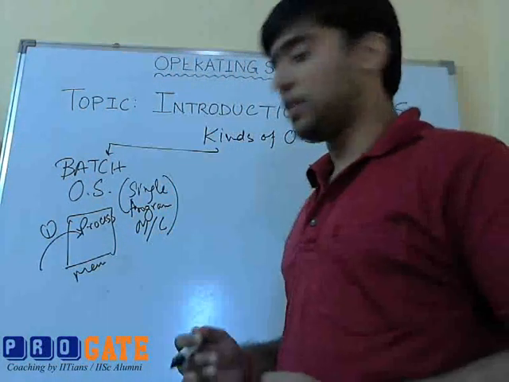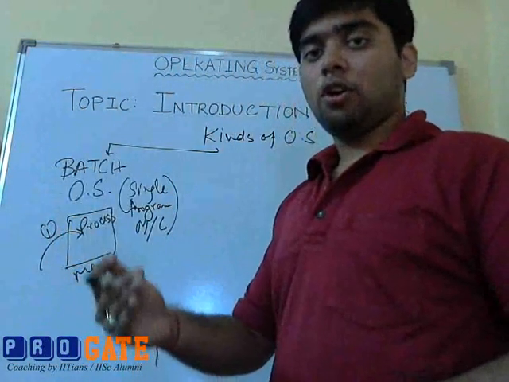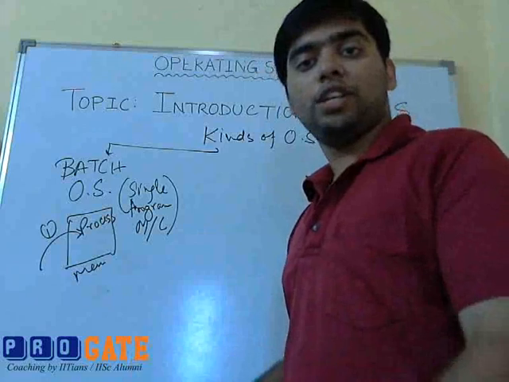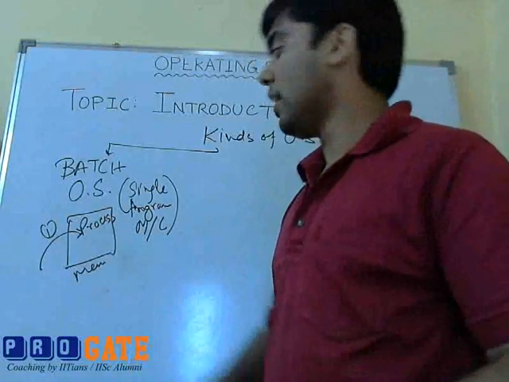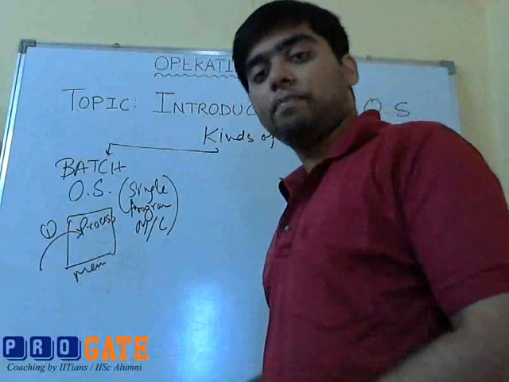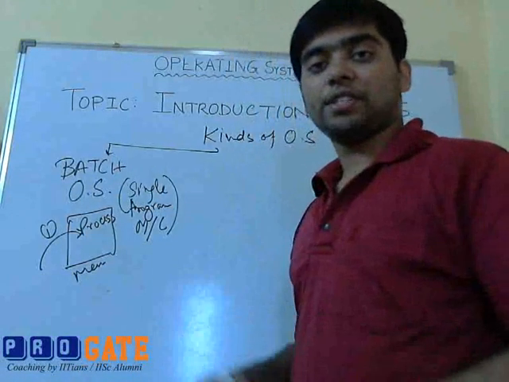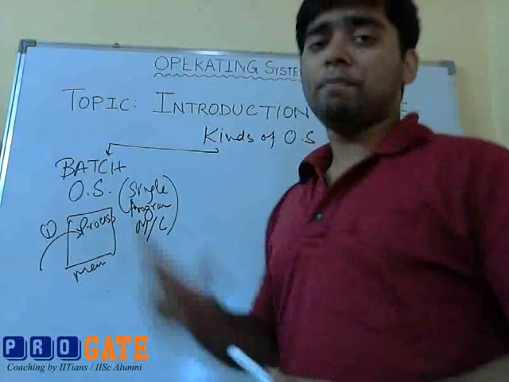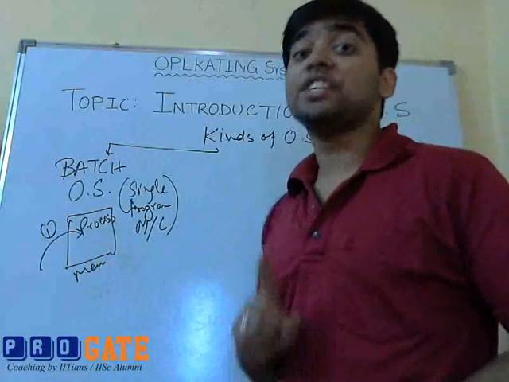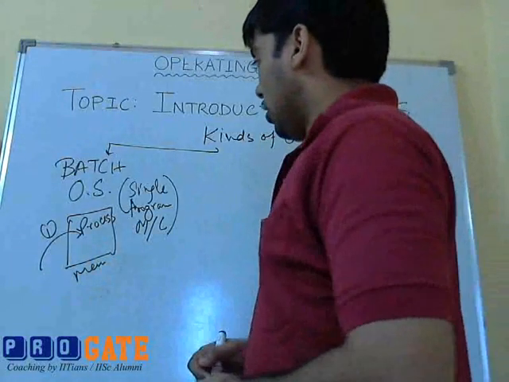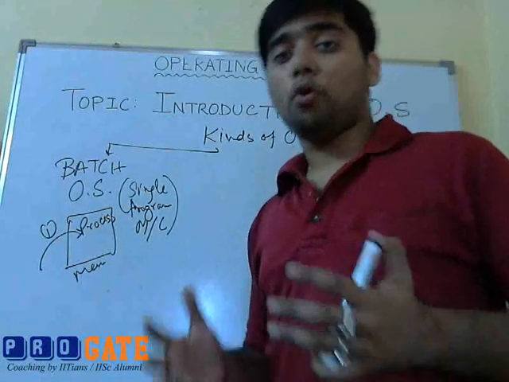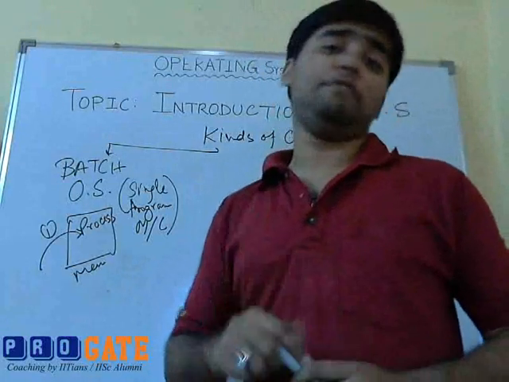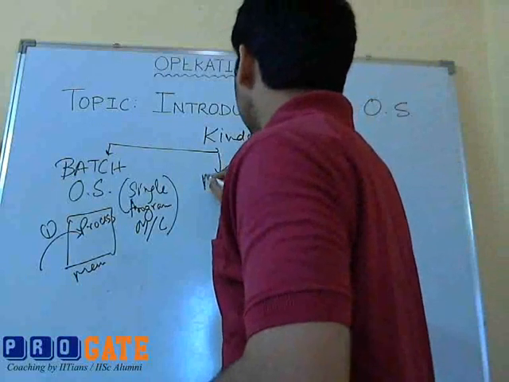What happened with batch OSs was all the processes that you had to execute, you kept them together serially, and the operating system would take each one of these processes one by one, load them into the memory, execute them, and then take the next process, again load them in the memory, execute them, and this would go on. But the major problem with the batch operating system is it's inefficient. Because at one time, only one program is there in the memory of the computer. The efficiency can be significantly improved if we have a multi-programming system.